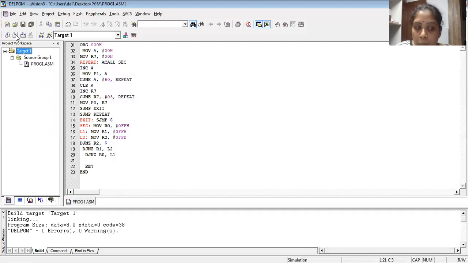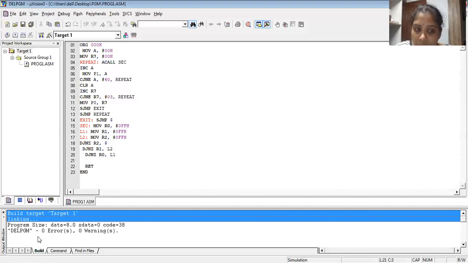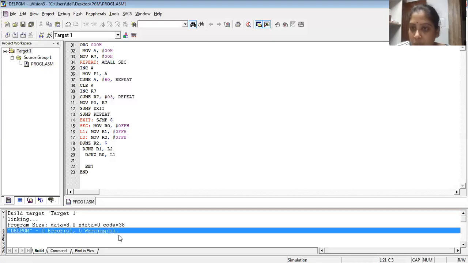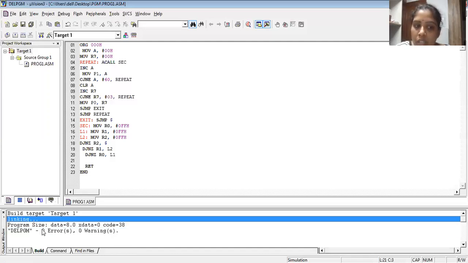Once you build the target, if any errors are there, you can check it out in the build output window. If any errors are there, that will be specified over here, and on which line the error is there also will be specified. As of now, in my program, there's no error, so it is showing 0 errors and 0 warnings. So successfully the target has been built.